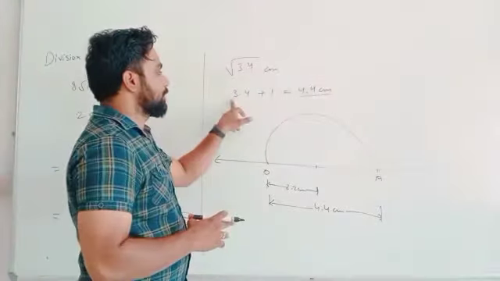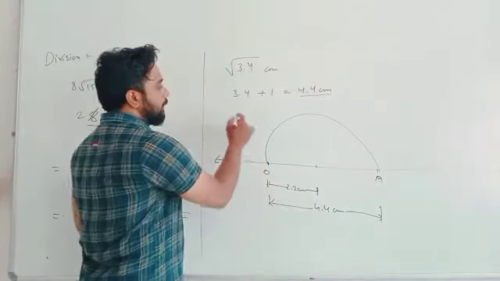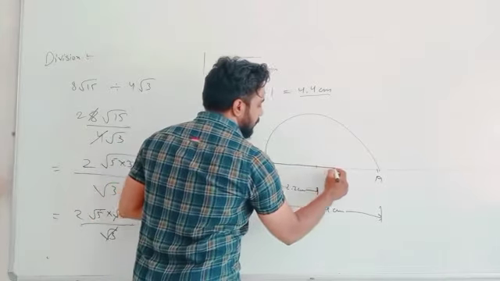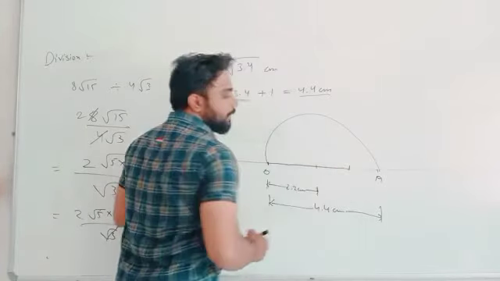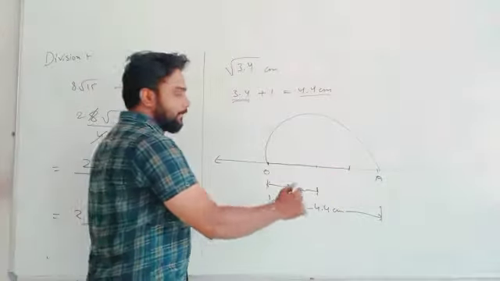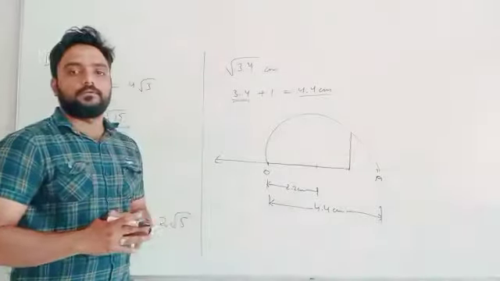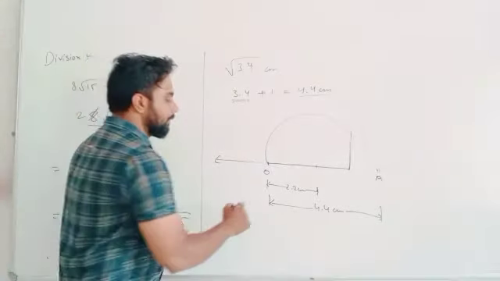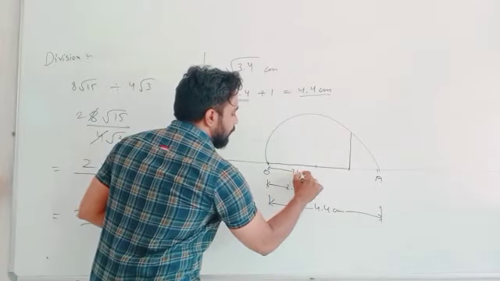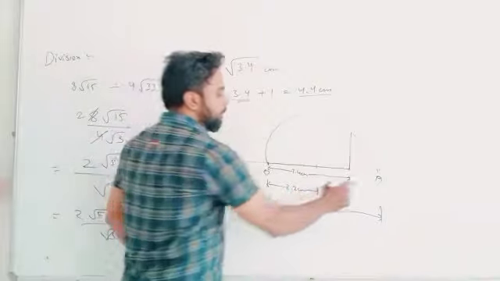Now the next step, you have to take the value that is equal to how much? 3.4 centimeter from here. Means how much do you have to take from here? 3.4 centimeter. Suppose I am taking from here up to here. It is how much? 3.4 centimeter. So exactly at the 3.4 centimeter, draw a straight line. So exactly from here to here, it is how much? 3.4 centimeter in this.